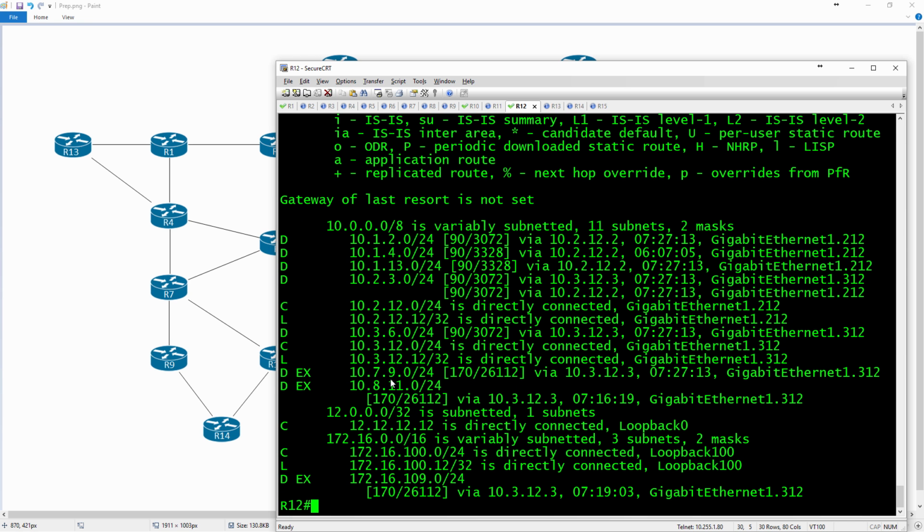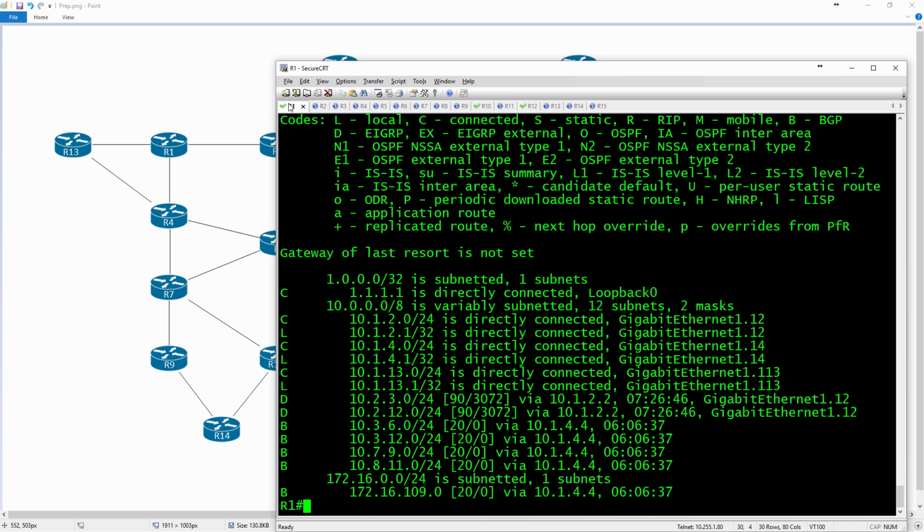So the remote sites, the connection between 7 and 9, the connection between 8 and 11, and then router 9's remote network are all being learned by 12. The reason I did that was because I needed the routers, the group members, to be able to reach the key server. So that was really important. So I did that, and then I come in here, and since I have reachability, I can type in show crypto